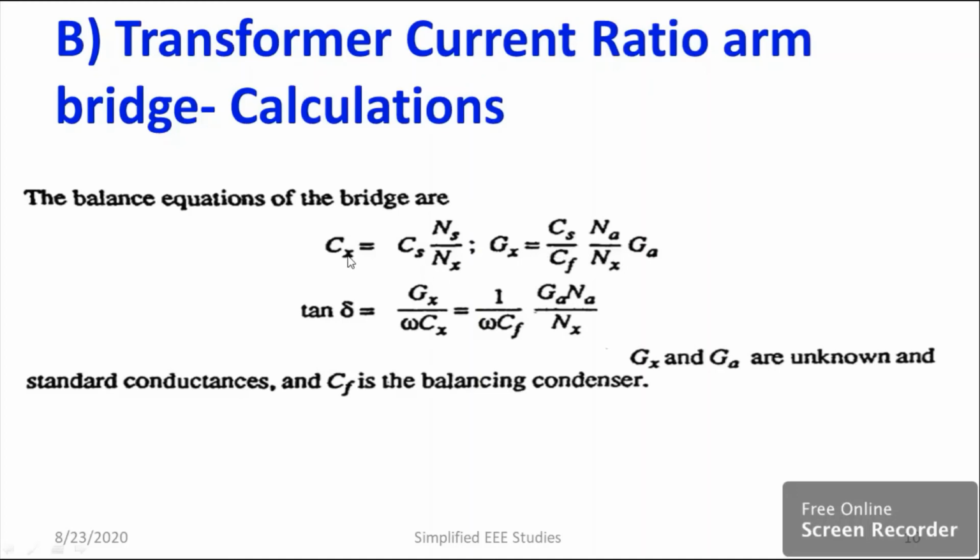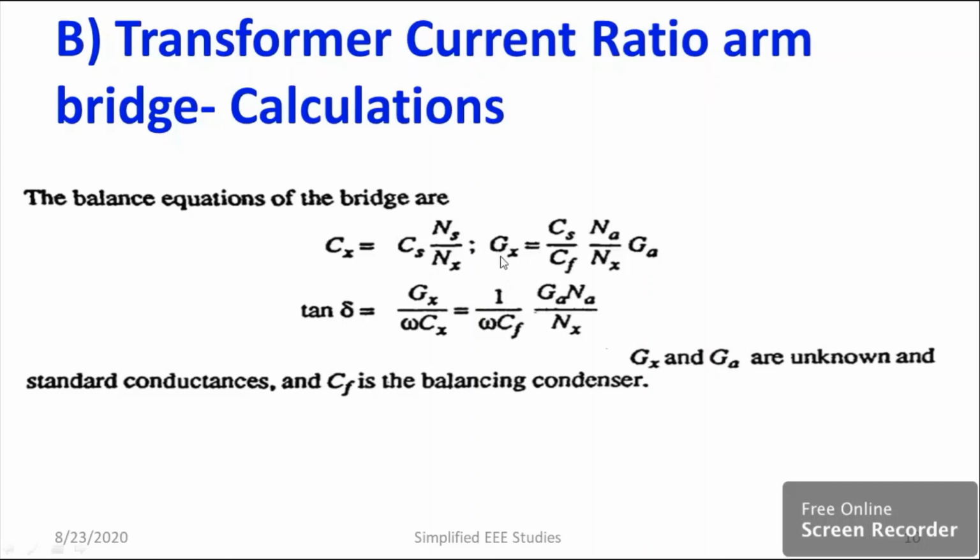So if you know the value of Cx and Gx, it is very easy to calculate tan delta. There is a standard formula for calculation of tan delta, that means dielectric loss: Gx divided by omega into Cx, where omega is known as angular frequency, Gx is the value of unknown conductance, and Cx is the value of unknown capacitance. Gx and Cx represent an equivalent circuit of the dielectric test piece. I would like to measure the dielectric loss of that particular dielectric test piece. So Cx and Gx represent the unknown capacitance and unknown conductance.